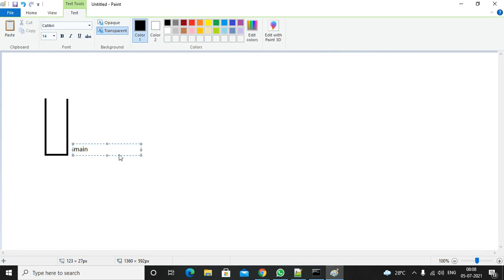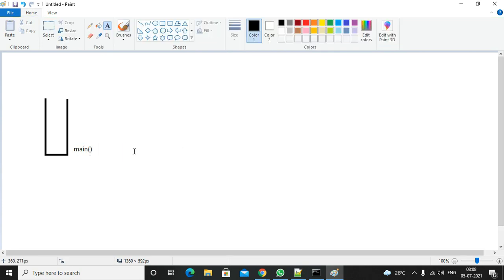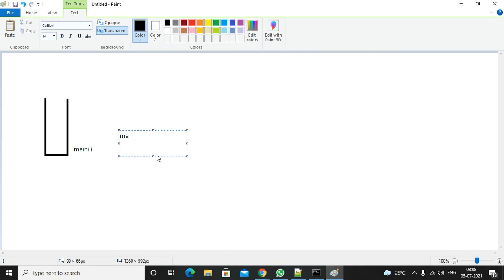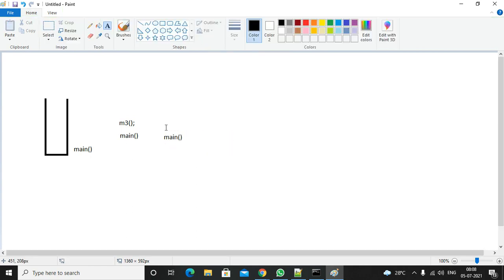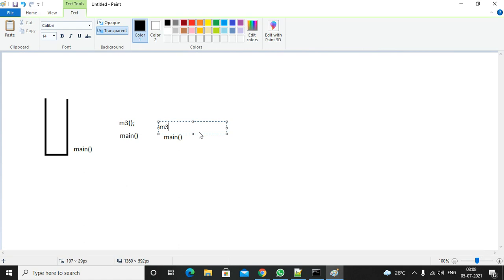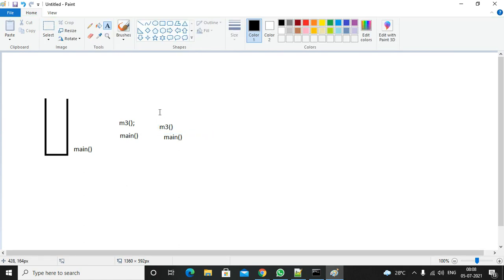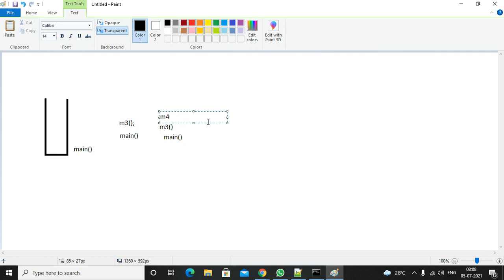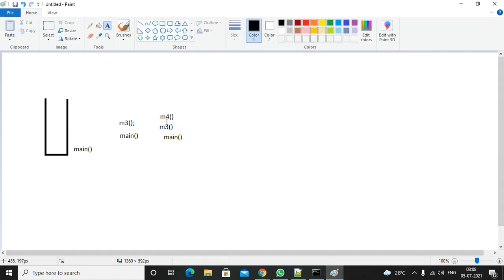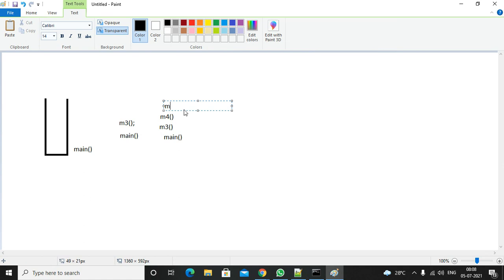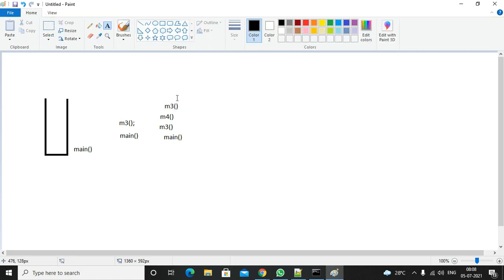First there is a method call for the main method, then main will call the M3 method, and M3 will call the M4 method.